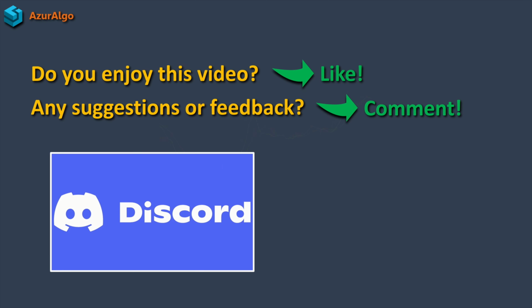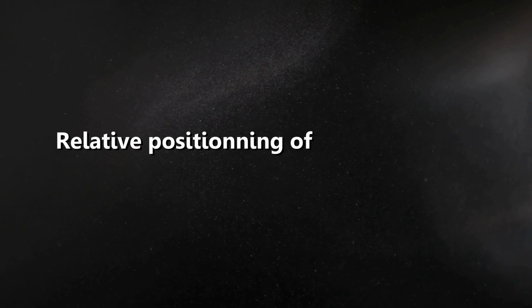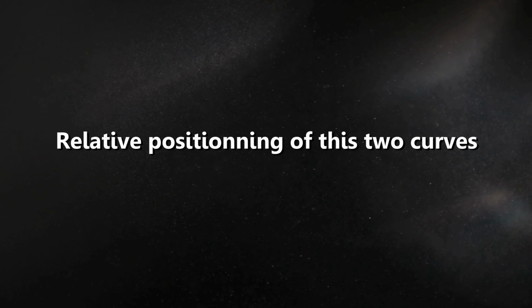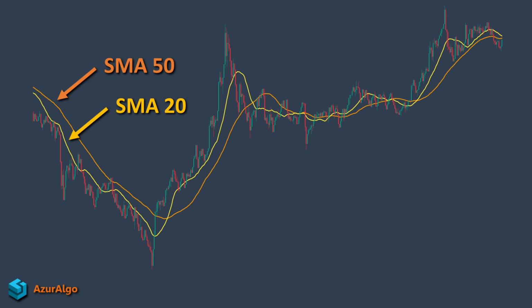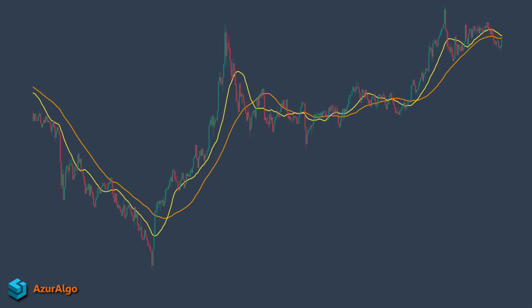In addition to our simple moving average with a period of 20 candles, let's apply a second one with a different period of 50. To define the trend direction, we will use the relative positioning of these two curves. Typically, when the short-term moving average, the yellow one, is below the orange one, the trend is considered bearish, and vice versa. With this strategy, we notice that the entire first period is correctly identified as bearish, which was not the case before. The bullish period is also well captured.